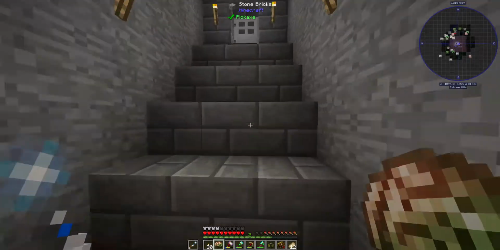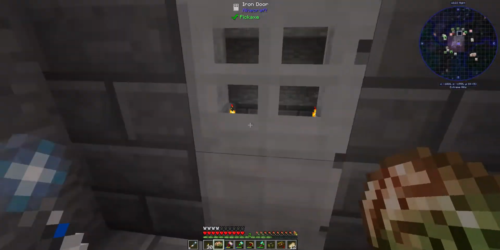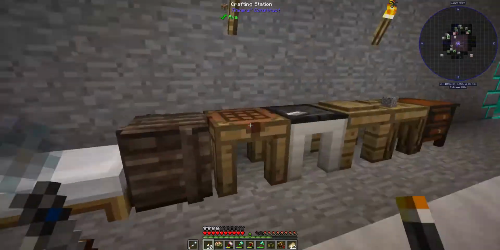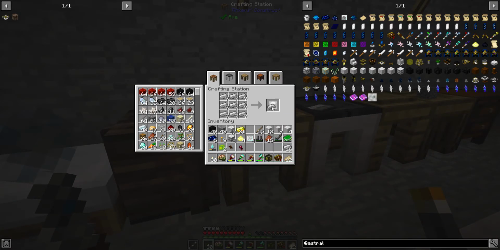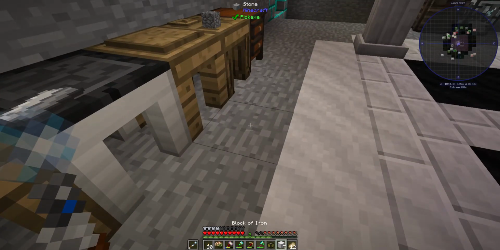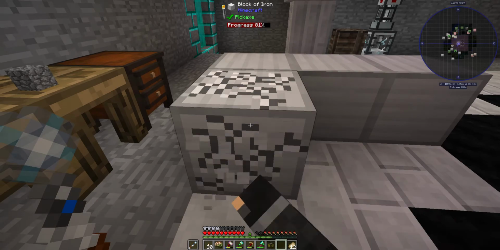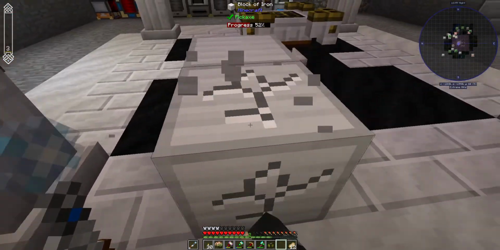Could I have timed that better, maybe? Oh, okay, so blocks of iron. Those are fairly easy, let's get them. Wrong one. There we go. Gotta do this fast because it's midnight. So this is going to let us break things that are as tough as iron, not block things. And